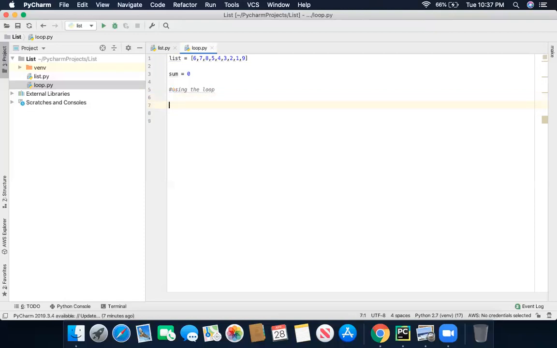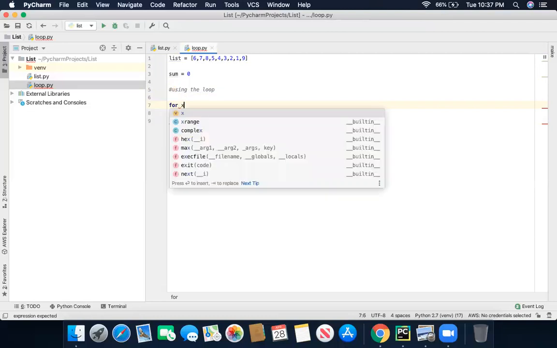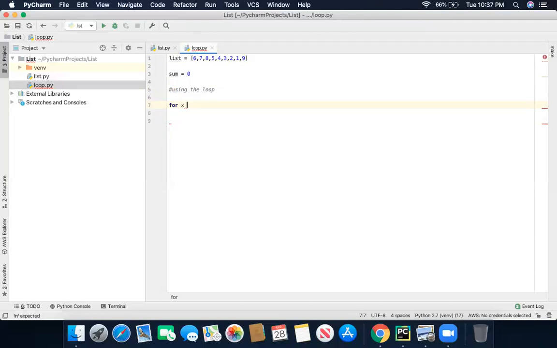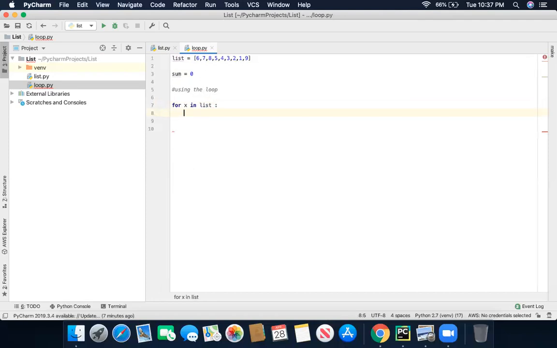So for is a type of loop. So for, now I'm going to use x in list. X is a variable and it's taken from our list, and here I'm going to use sum equals sum plus x.